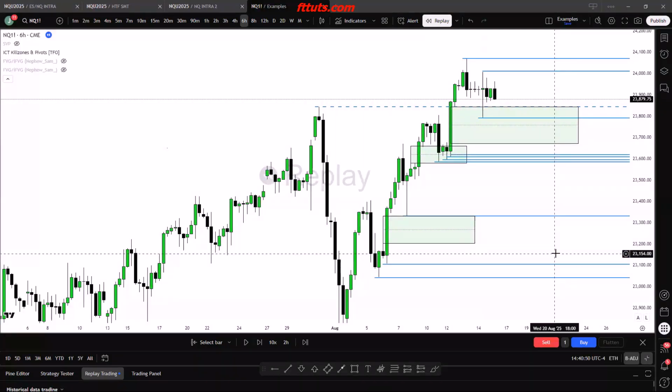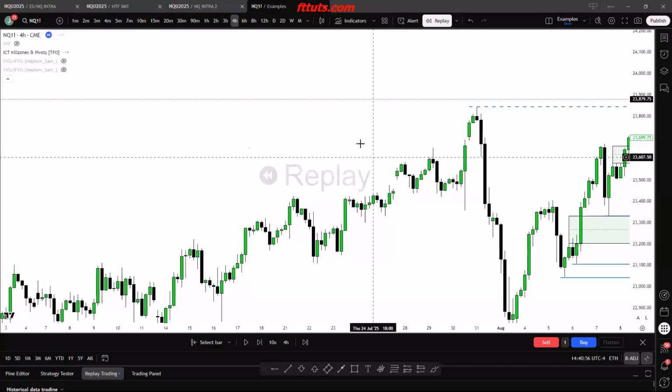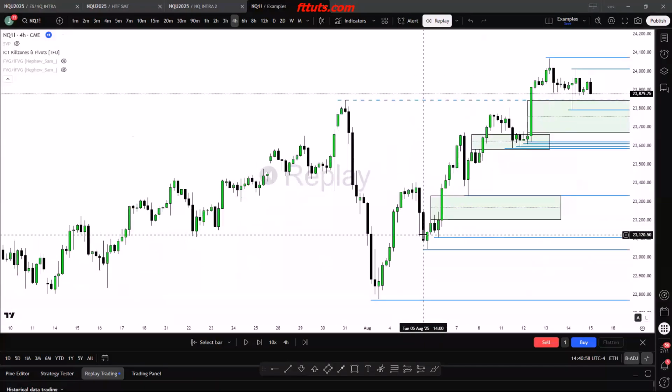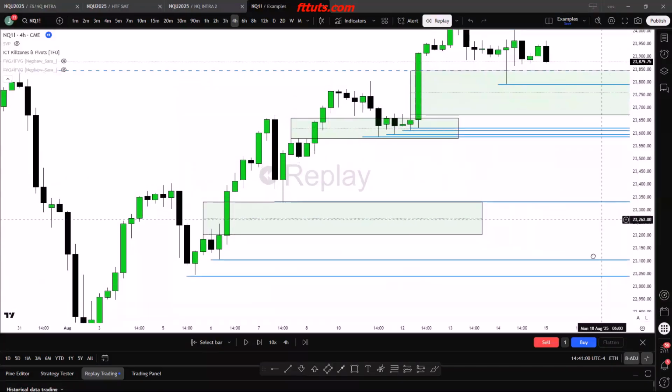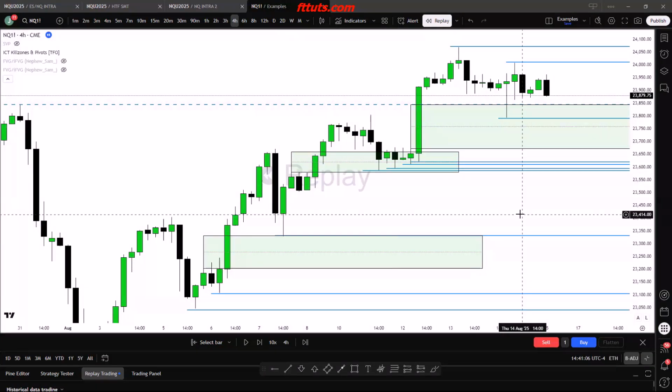Because I don't like fair value gaps with big wicks. And I'll show you why. And I believe this worked out. I don't like it because wicks are retail traders. The bodies are institutional smart money. If you look at a candle, if you look at a volume profile of a candle,